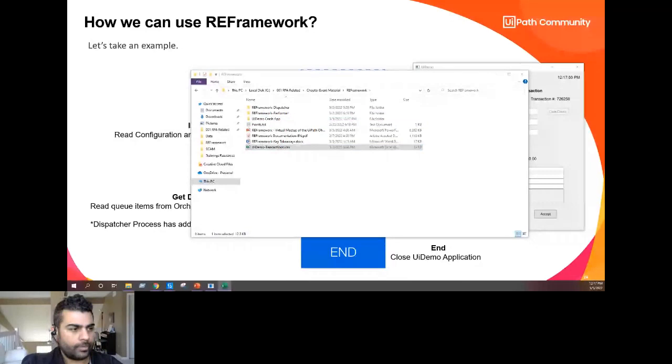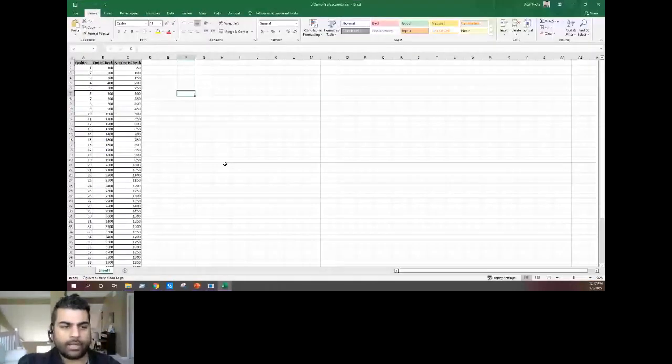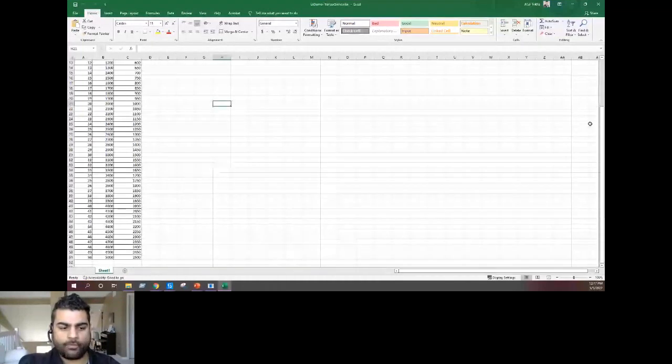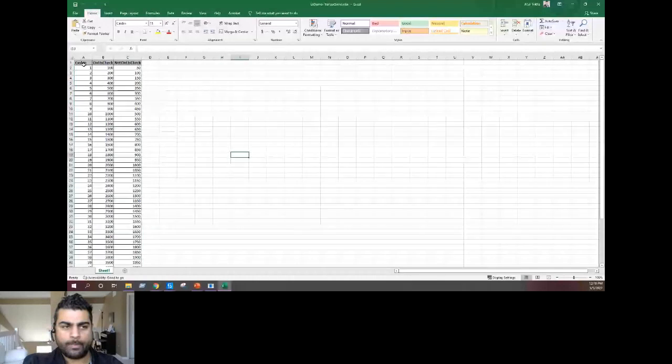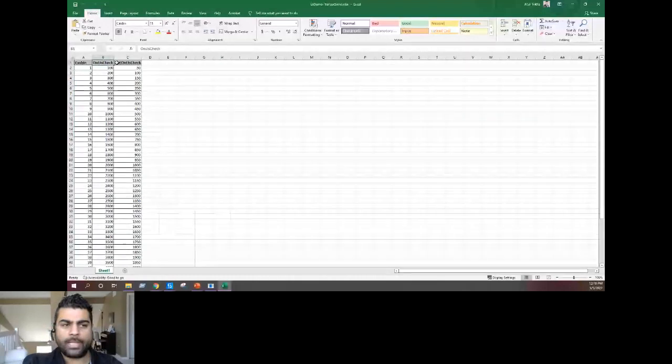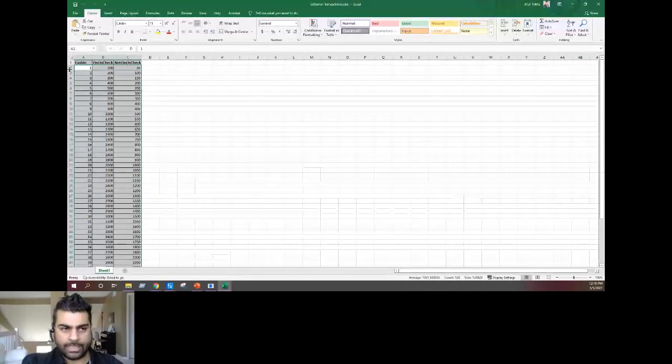The process I'm trying to demonstrate here is a very simple one. There are multiple records here, around 50 records sitting in an Excel sheet with columns like cash in, on US check, and not on US check, with respective values. The process that I'm trying to automate is, the bot should read each record one by one